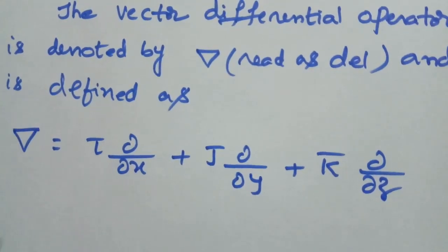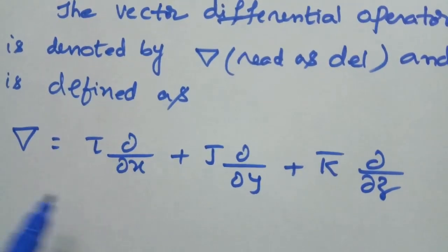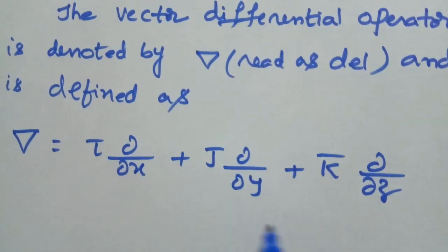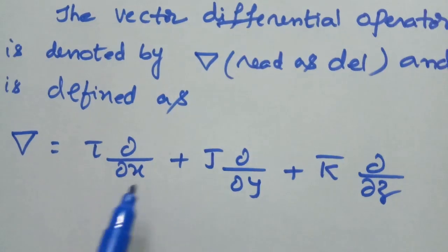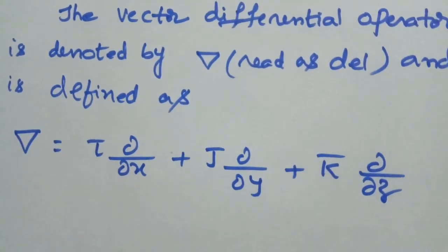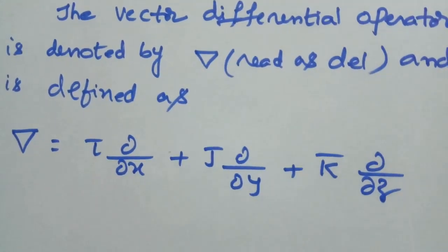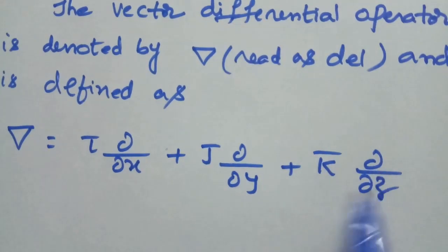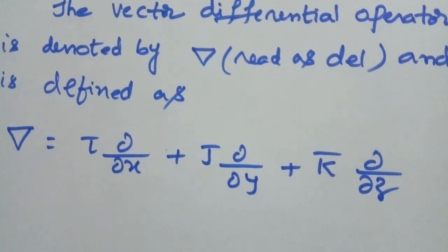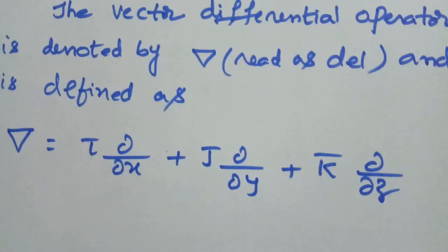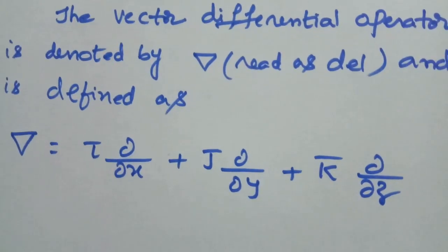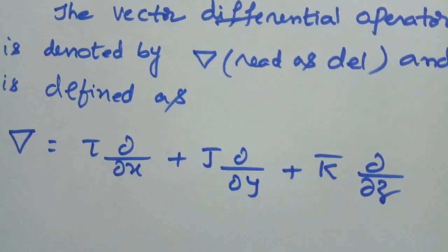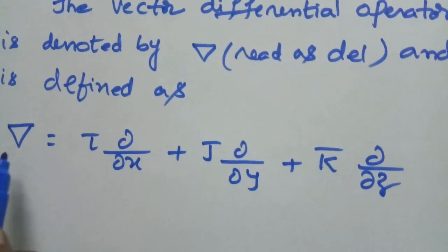So this differential operator: dou by dou x is a partial derivative with respect to x, keeping other variables constant. Dou by dou y is a partial derivative with respect to y, keeping other variables constant. Dou by dou z is a partial derivative with respect to z, keeping other variables constant. So it involves partial derivatives. This is called the vector differential operator, where